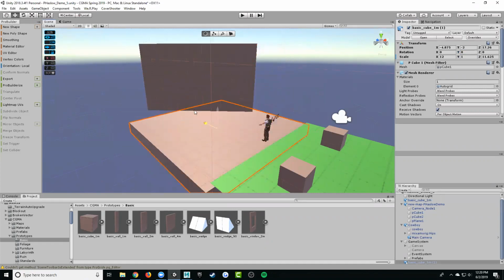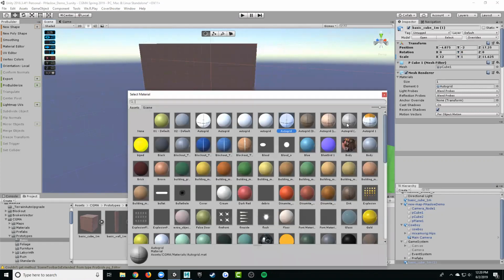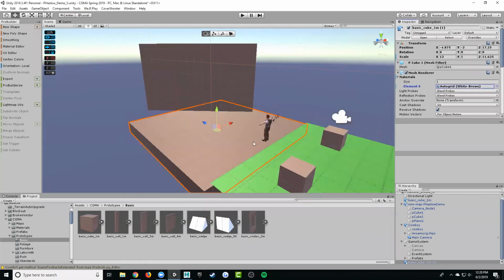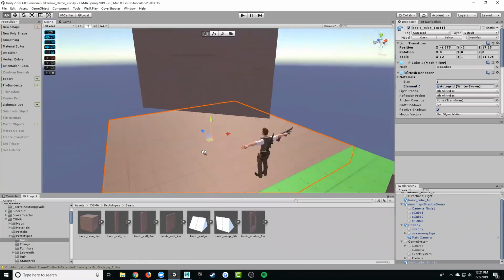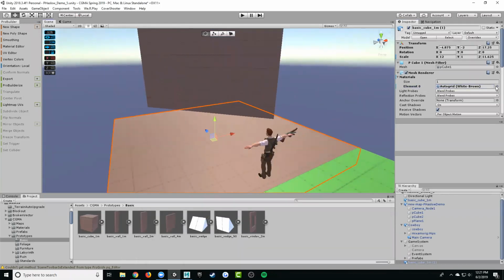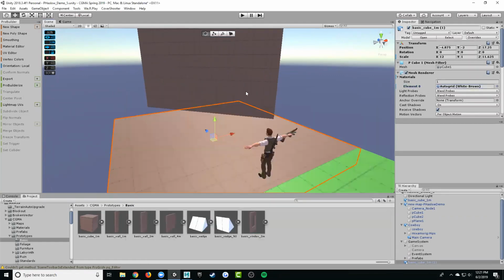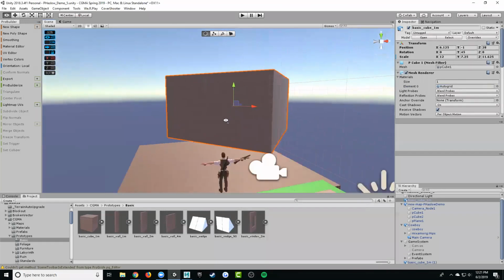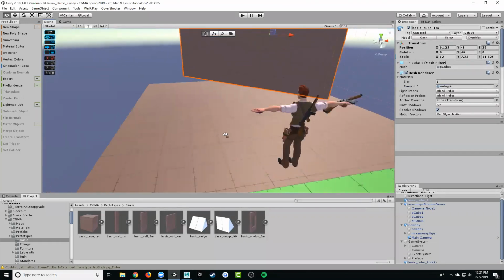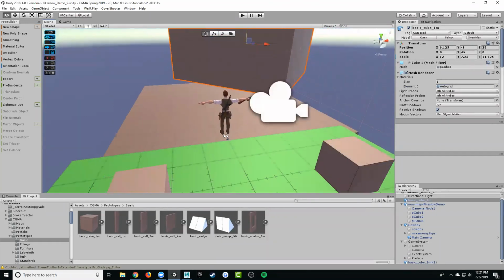Maybe I'll make this a different color, and make it a gray. Make it a gray, okay. Oops, that's white brown. What is it called? I guess that is it. Okay, that's good enough. That's just auto grid. Okay. So yeah, this is our road, and when we enter the town,